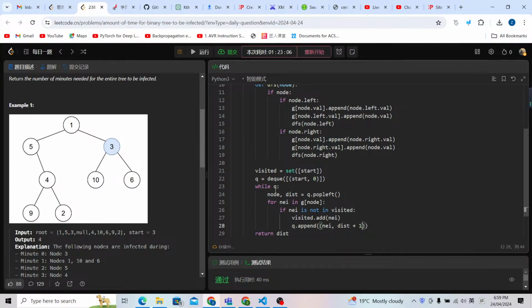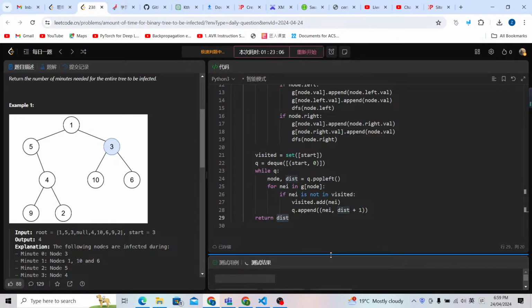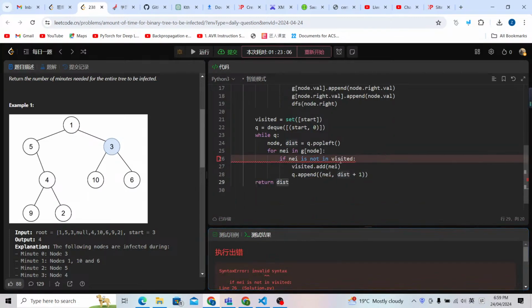And finally, if there's nothing inside of the queue, we're gonna get a distance, and this distance is gonna be the maximum. Finally, we just need to return this distance because it's gonna always be the maximum. Now let me run it to check if it works. If neighbor is not in visited, there's no is. If neighbor not in visited,